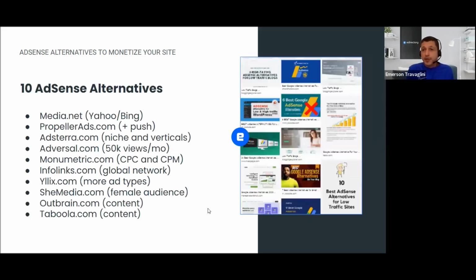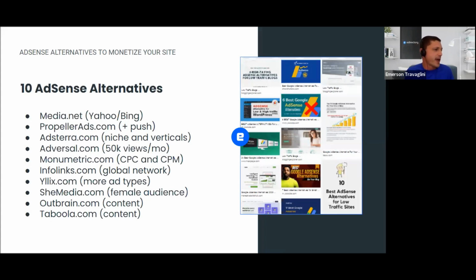I will name here 10 examples. On the blog post we're going to write about this topic, we're going to put the same links you can see here and a few more. But the most known, besides Google AdWords and AdSense, that works with eDirectory, and you can also subscribe to, you have media.net that's run by Yahoo and Bing Group. So it's the same as AdSense, but from their main competitor, the other search engine.